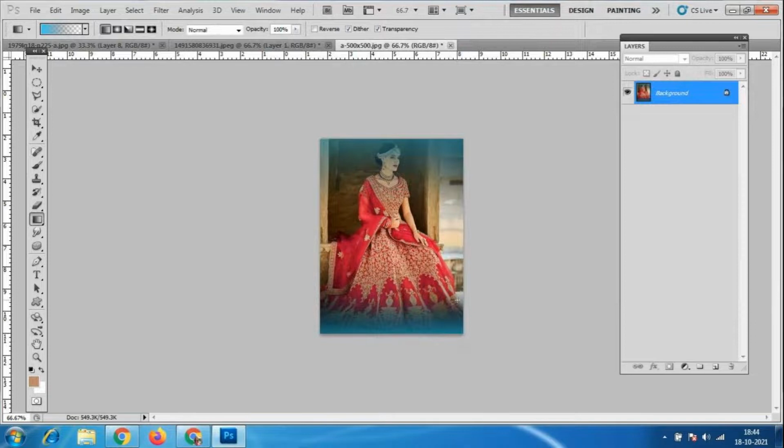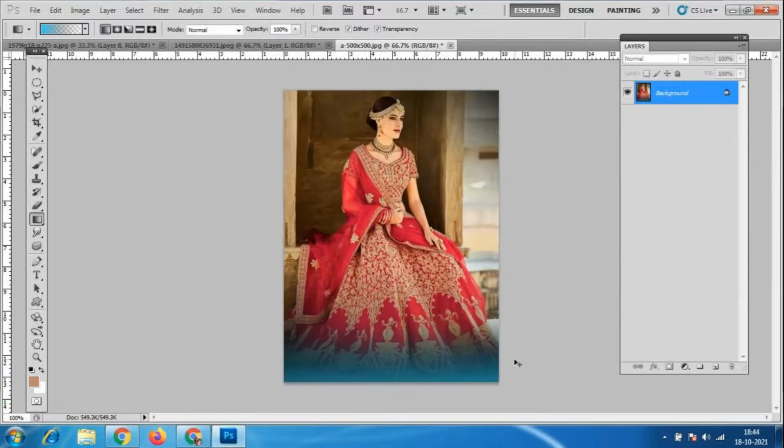Only as much of the area as I want, that much only I'll bring it. Okay, so this is the use of the gradient tool. Like this, as much as I have to make, that much only. It is better to keep it on a different layer also, no problem.